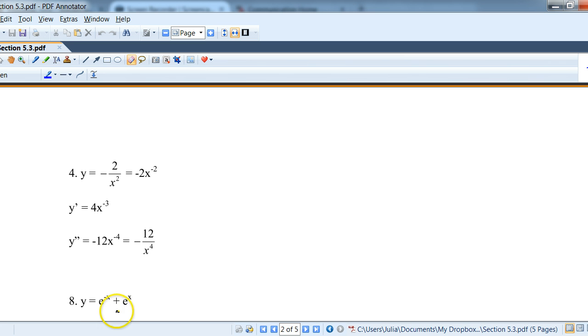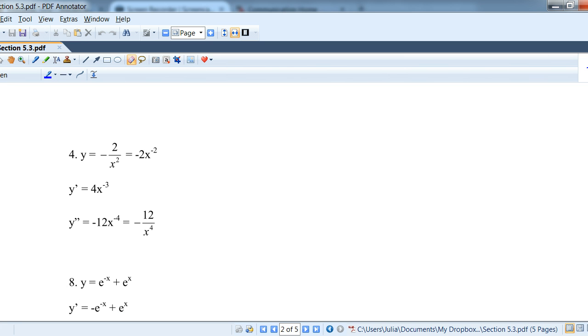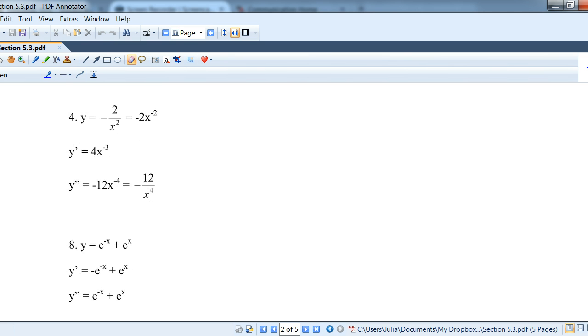You can do the same thing with exponentials. Let's say e to the negative x plus e to the x. Once again, find first derivative first. So if you recall, the derivative of exponential is itself, it's e to the negative x times the derivative of the exponent, which is negative 1. I already moved it to the front, so it becomes a negative, plus e to the x, basically the derivative is just itself. So e to the negative x will keep changing signs, as you'll see, but e to the x will stay the same. That's first derivative. You can pause it, see if you can find second derivative. If you come back,